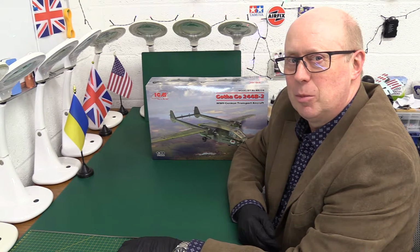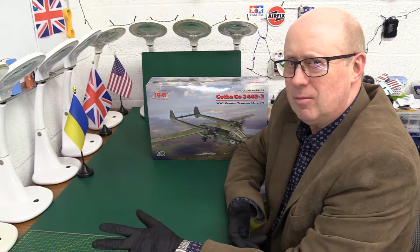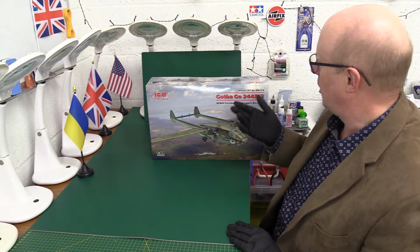Well, today something brand new tooled again from ICM, our friends in the Ukraine. Another one of their brilliant new 2023 kits. It's something a bit unusual as well. So it's the Gotha